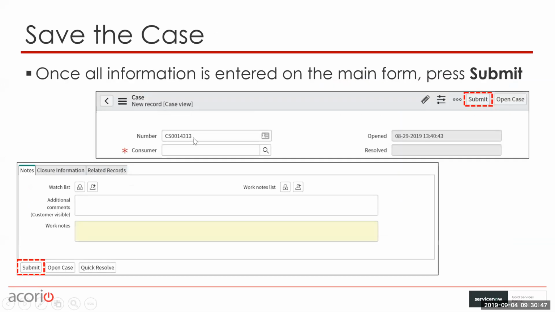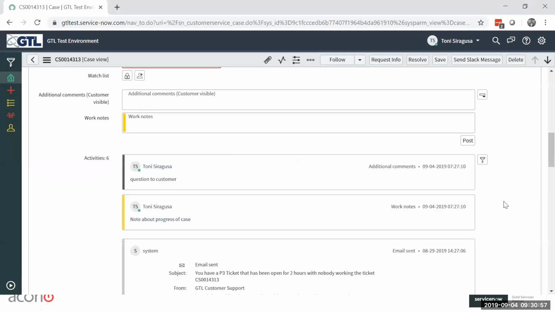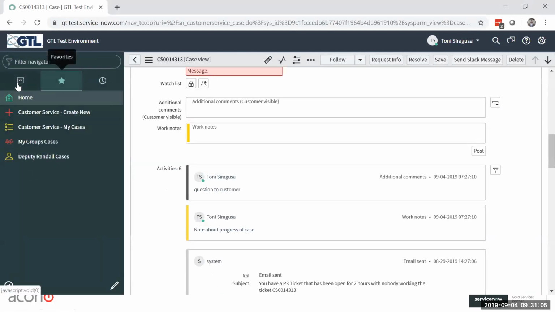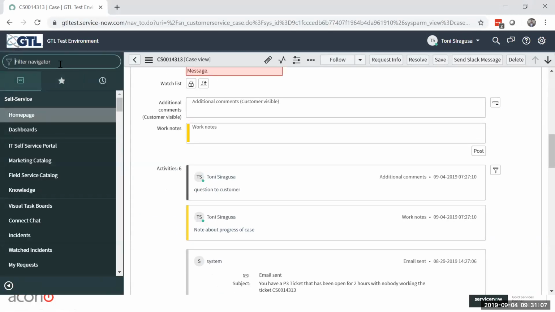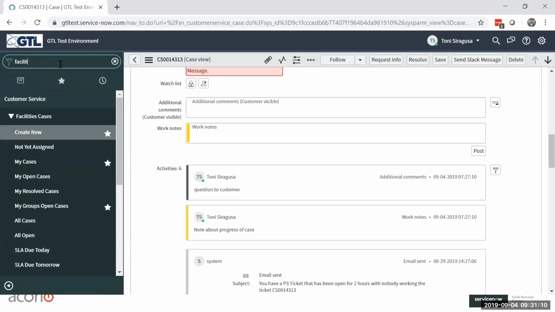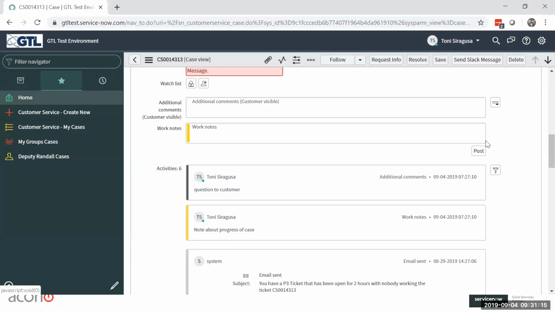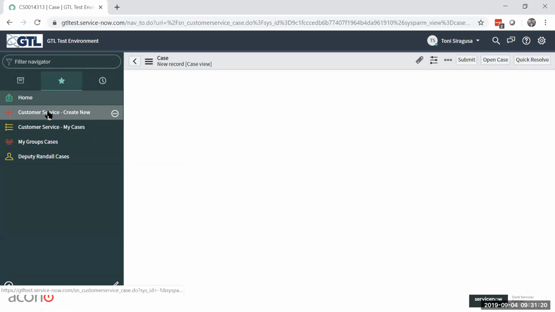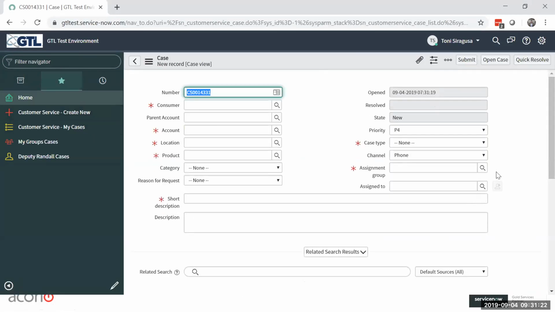All right, so I'm just showing you all of this information we've got listed out step by step. I'm going to flip back to the platform and say, okay, I need to create a new case. I can go here to facilities and click create new, or I know I'm creating cases all the time, so I already saved this as a favorite. I can just click on my favorite link and boom, it takes me